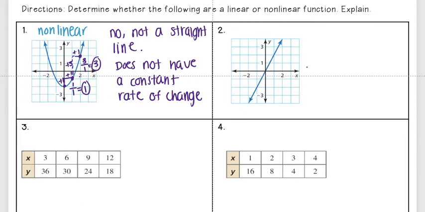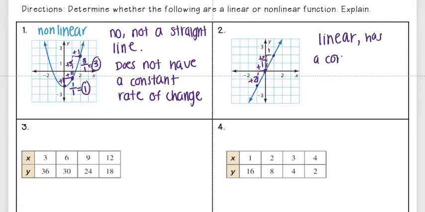Where this graph, on the other hand, I see it's a straight line, and so it is going to be linear. But I also see it has a constant rate of change. So if I'm going from this point to this point, I see I go up 2 and to the right 1. When I go from this point to this point, I again go up 2 to the right 1. And so that means it's constant. It's always the same rate of change. And so I can say linear